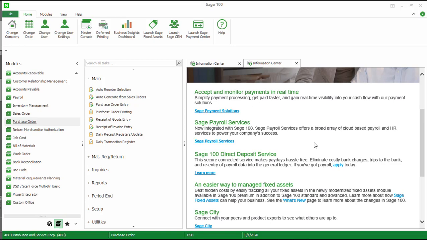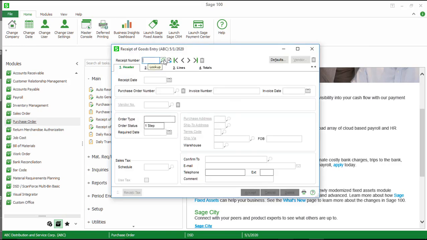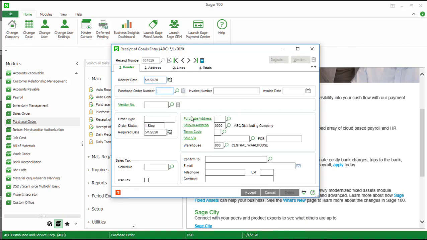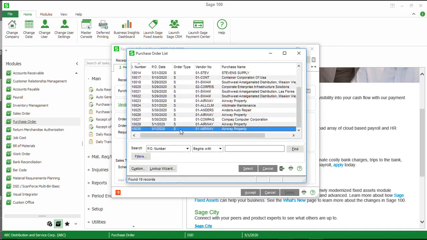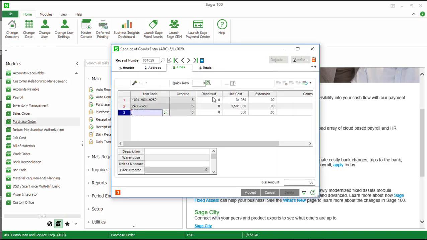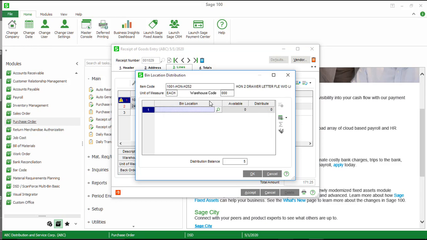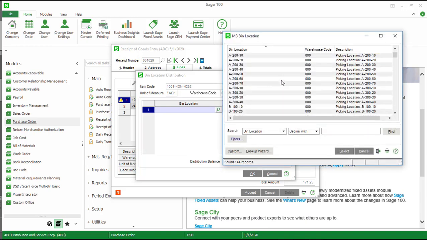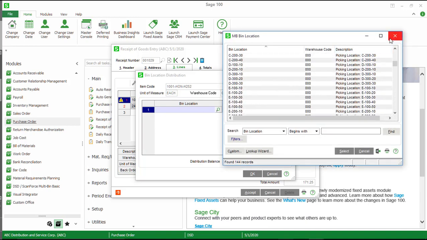Now let's take a look at how multi-bin affects our data entry tasks within Sage 100. In this example, I will be doing a receipt of goods entry from the purchase order module. Once we are in the Lines tab and I enter in our received quantity, you will notice that the bin location distribution window appears. I can either select a bin location from the list or enter in a bin location